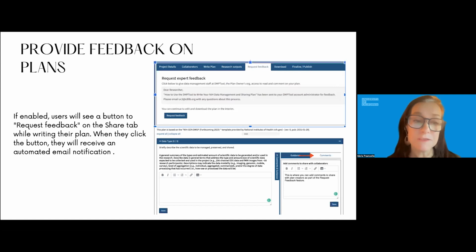You can also request feedback when you're within the tool. This is a feature that your DMP tool administrator needs to enable. If the department of data librarians has the resources, they can facilitate feedback requests, and not all of them do. If they have those resources, they can enable this feature so that when you're in the DMP tool creating a plan,